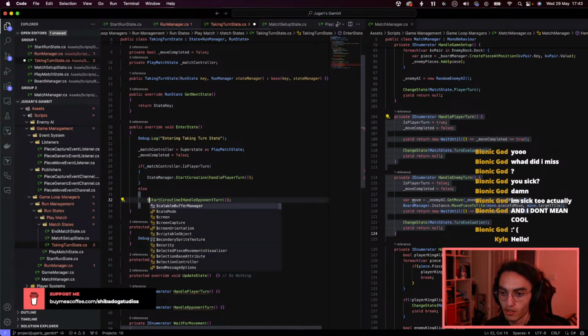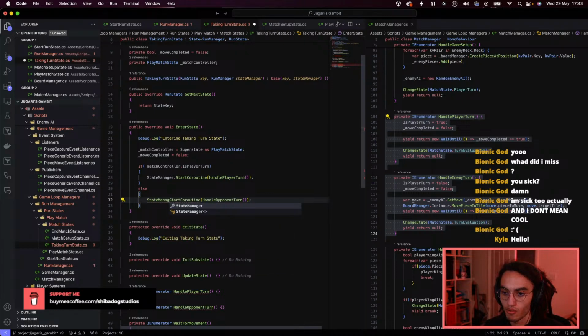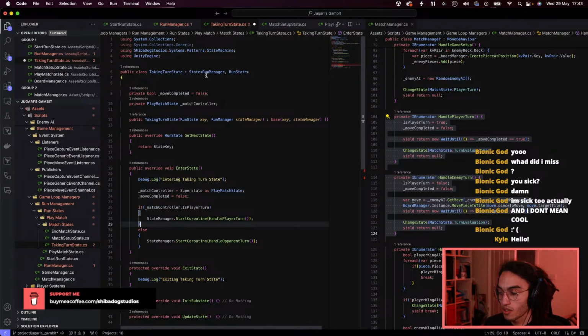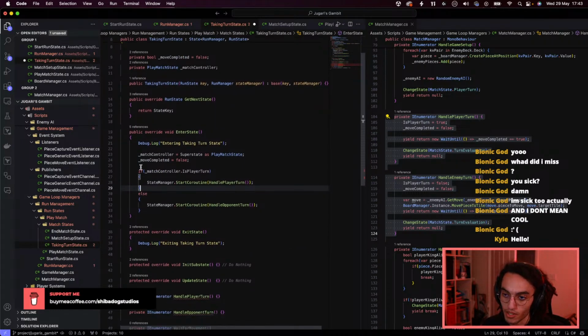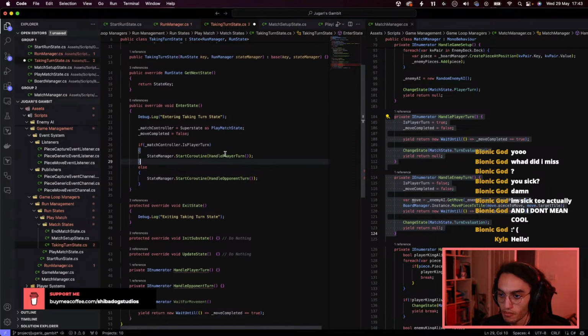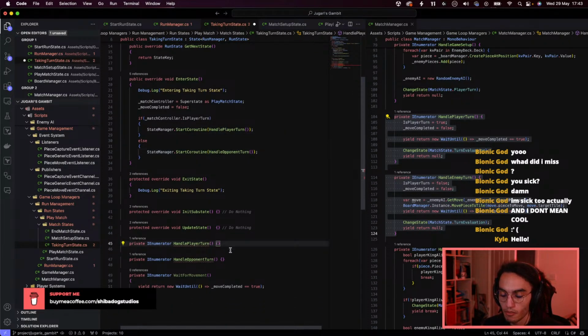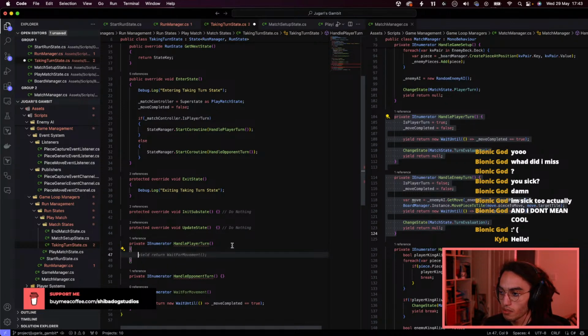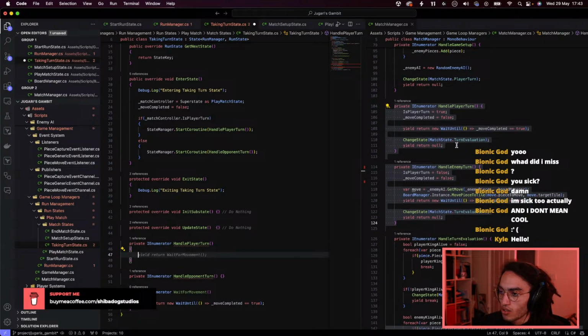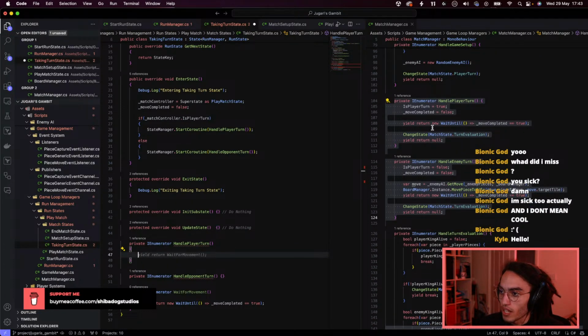And we're going to do it on the state manager, or run it against the state manager anyway, because this isn't a MonoBehaviour, but our state manager is. So we can start a coroutine on it. Handle the player turn or handle the opponent turn, and then let's do the behavior for this. So handling the player turn, we are simply going to say